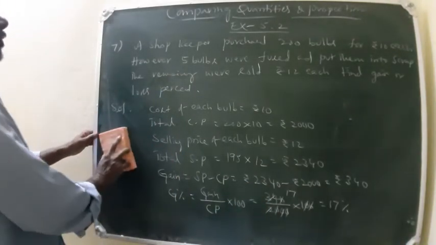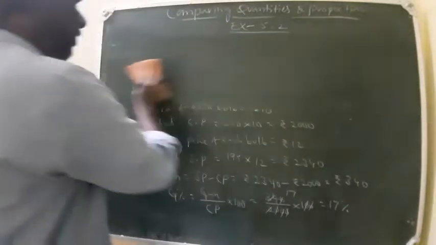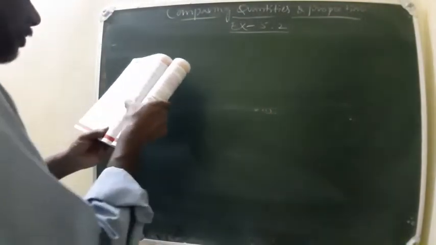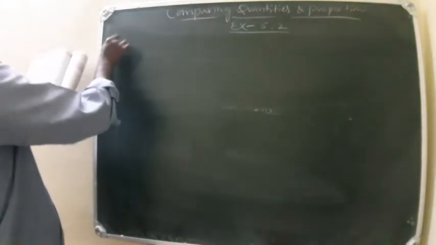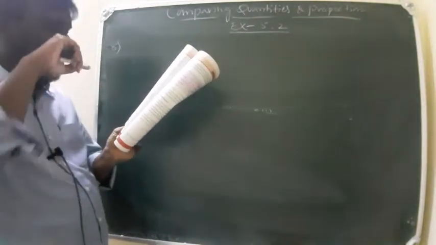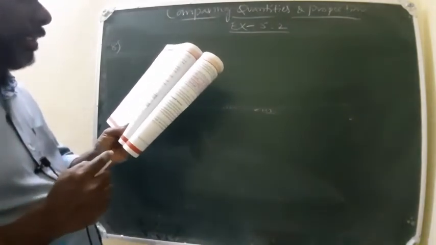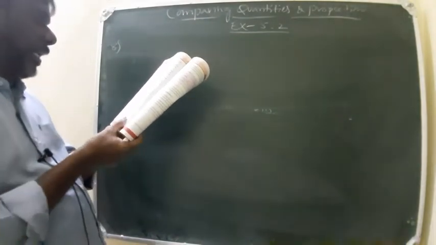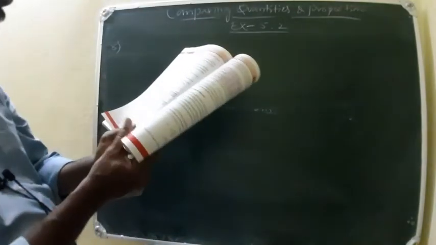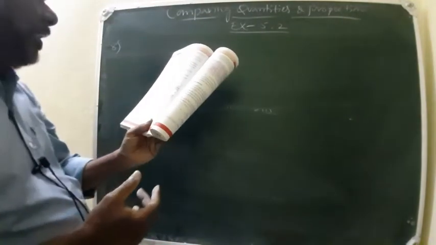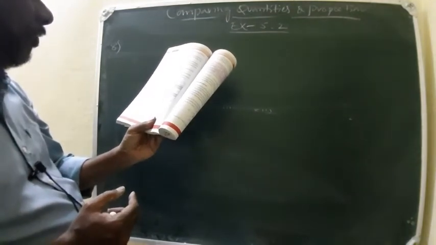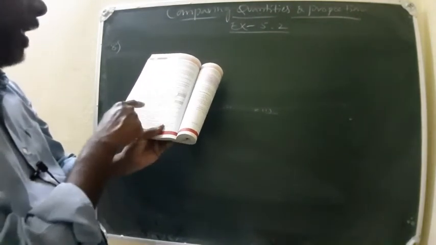Now let's see another problem. So 8th one. Complete the following table with appropriate entries. Here you can see from the textbook one table is given. So you go through your textbook, then you can answer this one. So here in 8th, Roman 1, 2, 3, 4, 5, 6, you have to fill up the blanks.